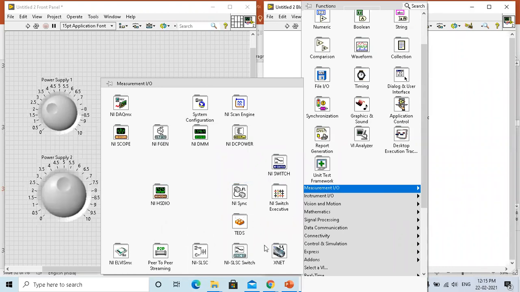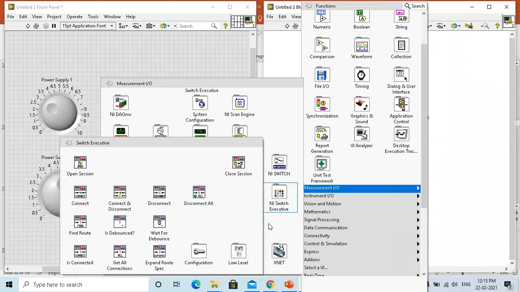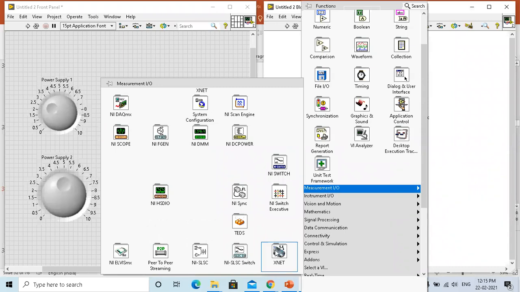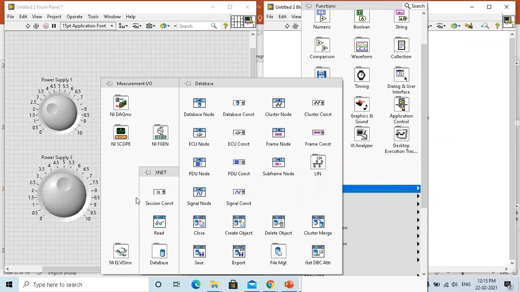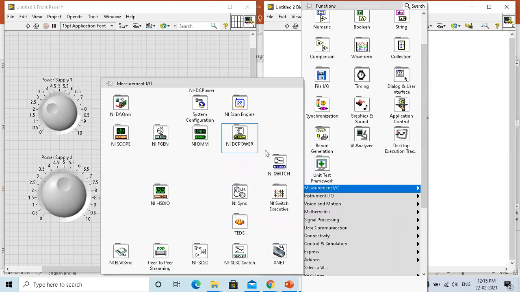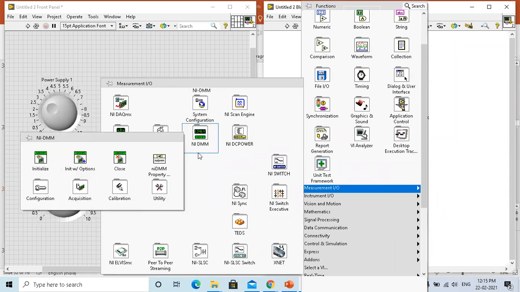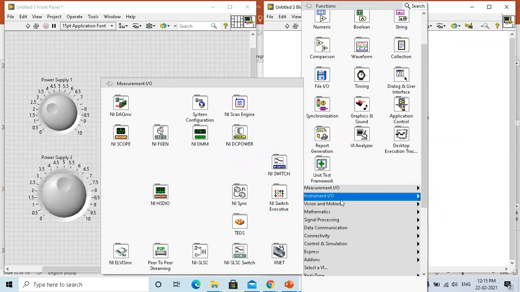And if you want to acquire from CAN modules inside your vehicle, you're going to have something like XNet, which makes implementation of CAN easier. Okay, for different types of applications, you're going to have different stuff.